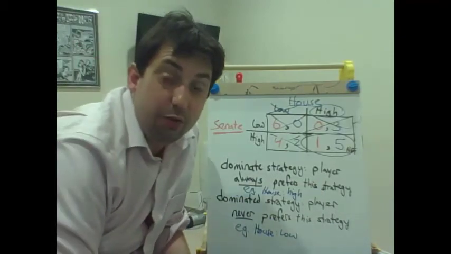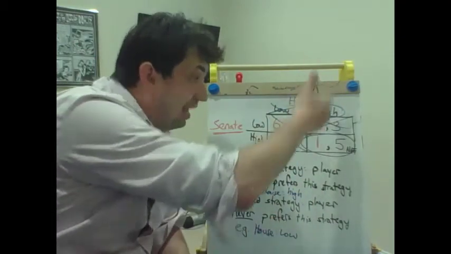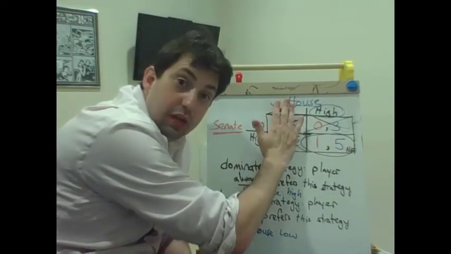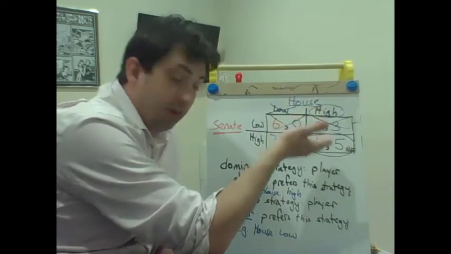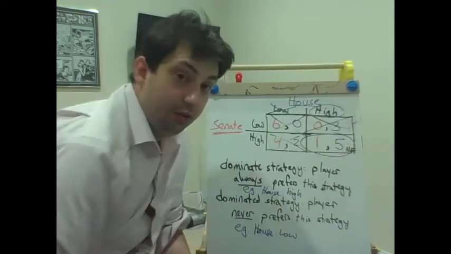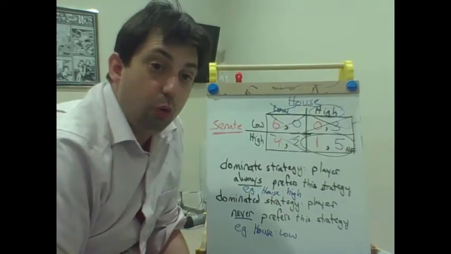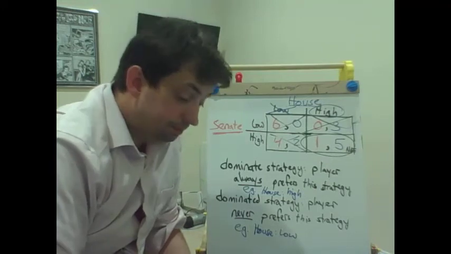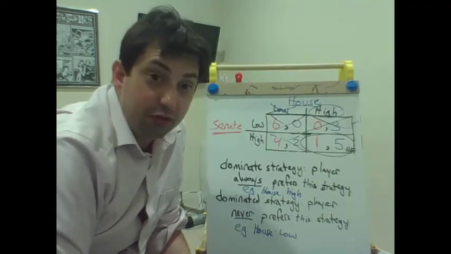So if we were to play that game again, we could immediately note that the house will always do this, and thus we can completely ignore this part. And that makes things a lot easier. Then it's like, well, would this end at 1 or 0? Well, it's going to want 1. We pick that one, and we're done. So identifying dominant and dominated strategies can help us solve the thing a lot faster.